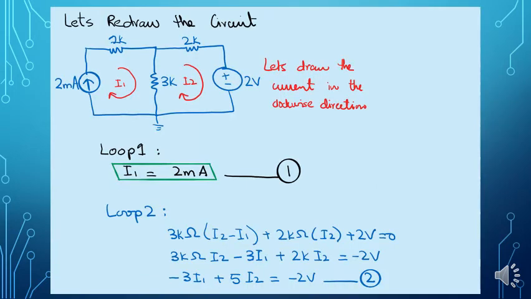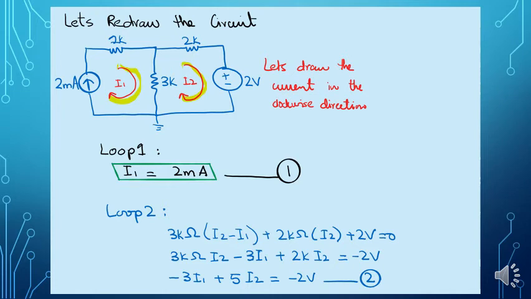Now what we are going to do here is we first of all mention the loop currents. The loop currents are I1 and I2. This one is I1 and this one is I2. And as per our previous assumptions, we have drawn the clockwise direction of both currents. Now, our next target is to make the KVL equation for both loops separately.